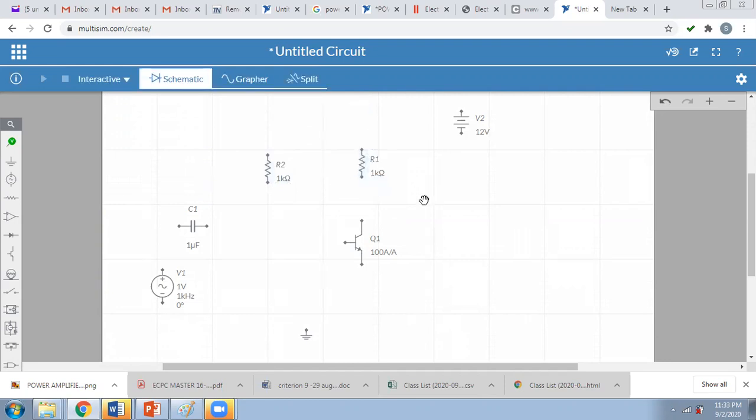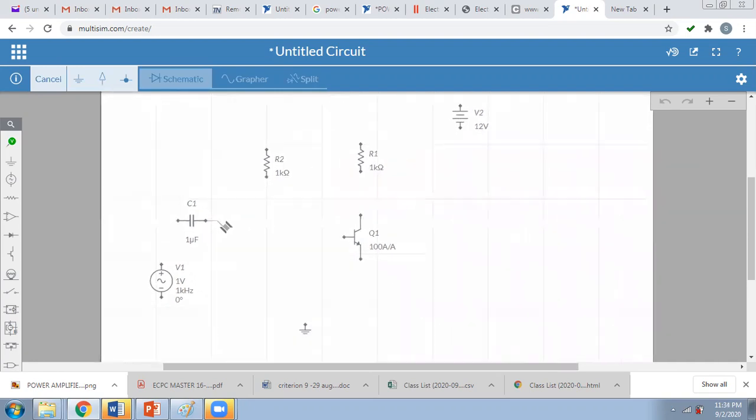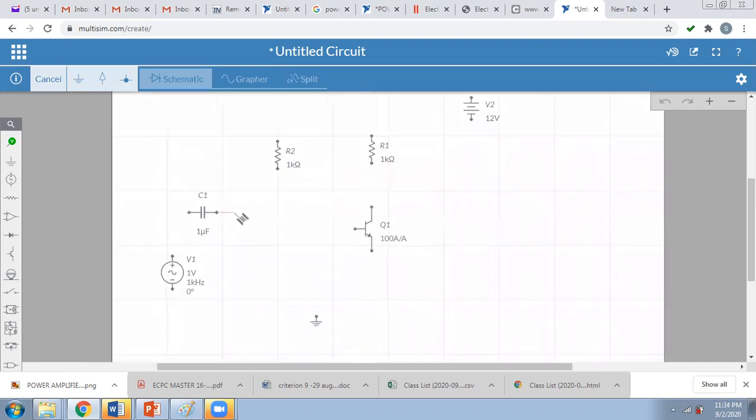Now next, what is remaining? Connections. There is a wire type connection, just click on this and move the wire where you want to make the connection. Same here. Move the wire, and click on the component where you want to connect this.